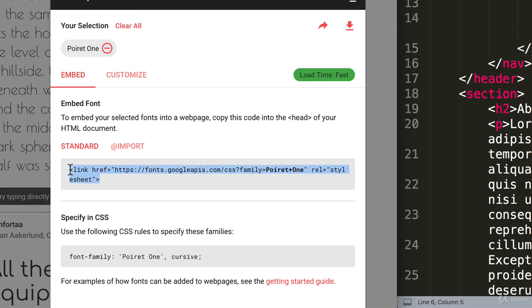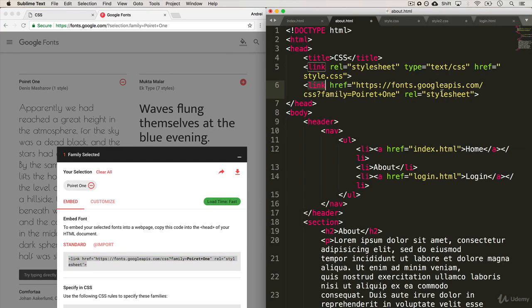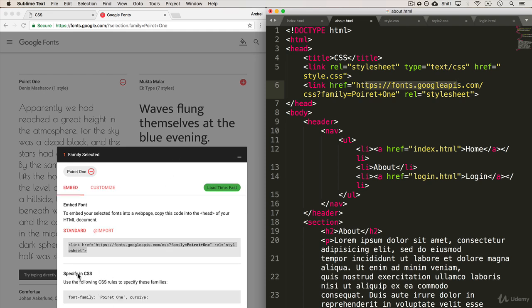So first thing we want to do is copy this, and this might look familiar. This link tag, which is a style sheet, has a reference to fonts.googleapis.com. We're saying, hey, grab the fonts before you load up this HTML file on my web page. Load it up with the fonts that are found at this website. So yes, if this website is down, and let's say there's no internet access, they won't be able to load those fonts. But it's Google, we can trust them. Most likely, they're going to be online. And the second one, you can see over here what we can add to our CSS file. So we just copy that,